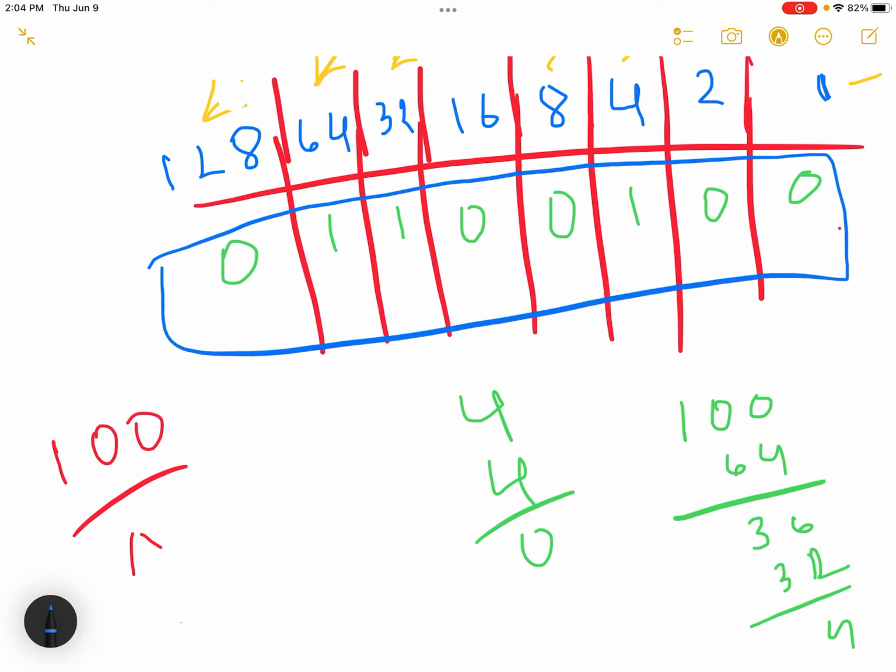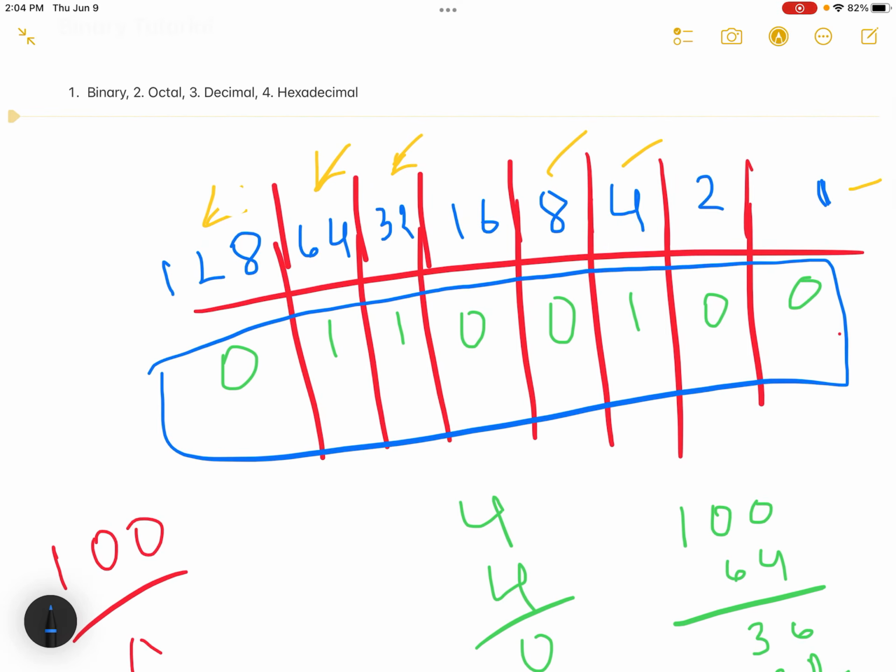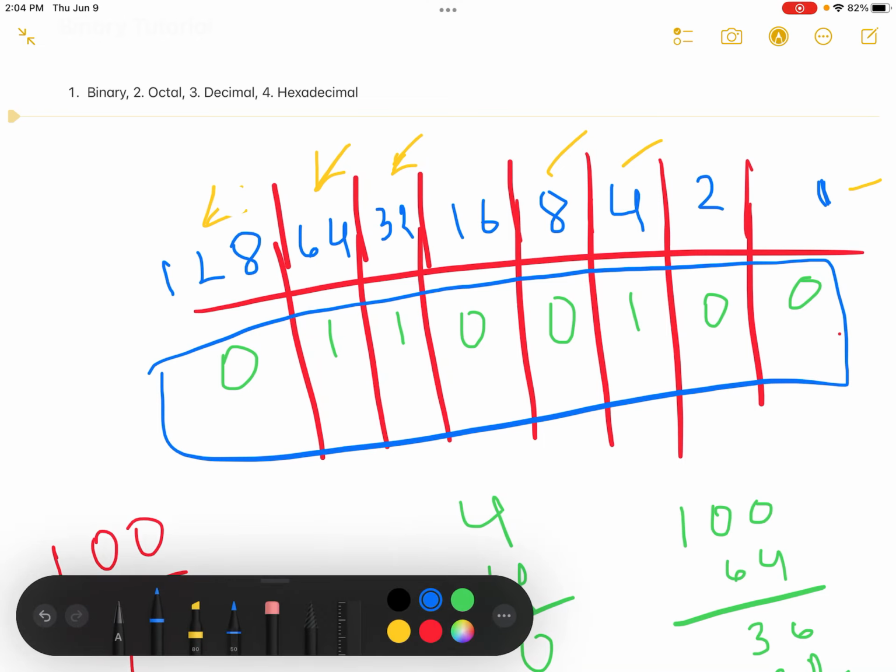This is the easiest way to convert a number from decimal to binary, or from binary to decimal. So this is very easy. So why is the binary number important? Because in computer programming, every